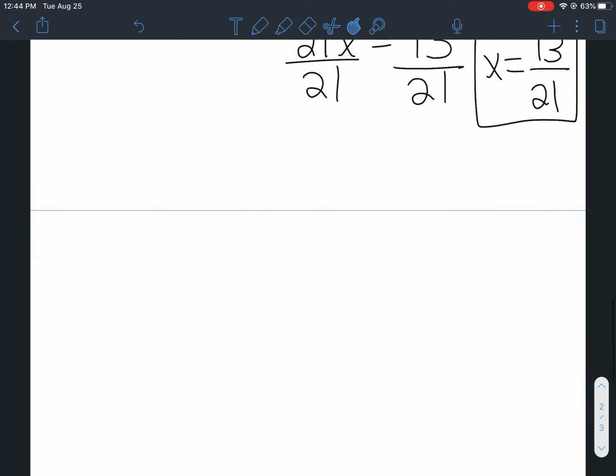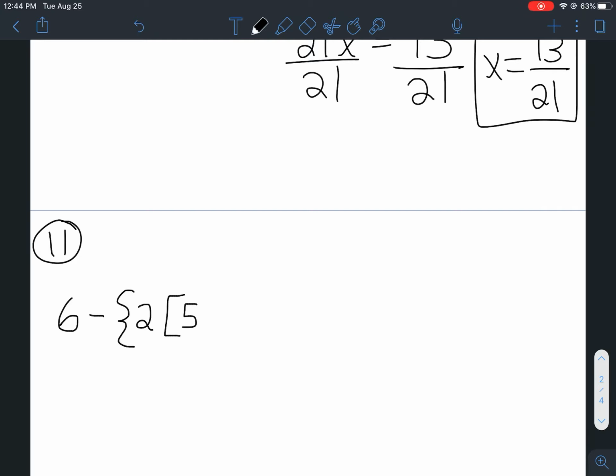Okay, and then moving on to our last problem here, number 11. And this problem right here is a little bit longer. So the problem is 6 minus, and then we have a bracket, 2 times, and then we have another bracket, 5 minus the quantity of 3 plus x in parentheses, close your bracket, minus